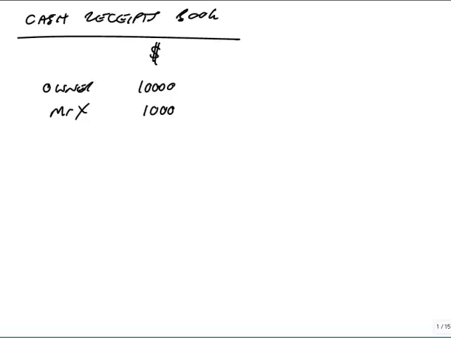Agreed? But one big danger is that Liga's got this great long list of receipts. And I come back and I say, what was that 10,000? And maybe we've forgotten. We don't want to waste time looking up the paperwork. And so I asked Liga to do one more thing. Every time she receives money, she'll make a note, 10,000 from the owner. But while she's got the papers in front of her, and she knows that it's the owner, it's capital,